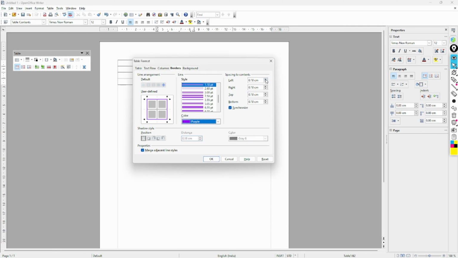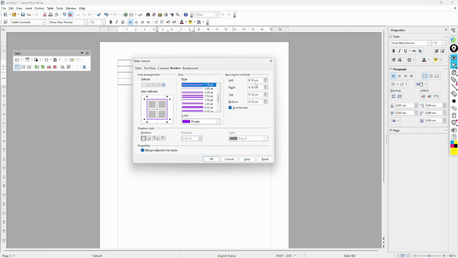For example, this one is right side. If I increase, see, from the left side it will increase the space. See, is it getting changed? Correct. If I cancel this synchronize, only one will change. Correct. But if I turn on synchronize, it will apply to all. You can see, with synchronize, apply to all, means how much spacing you want to give to the content, that is what it shows.